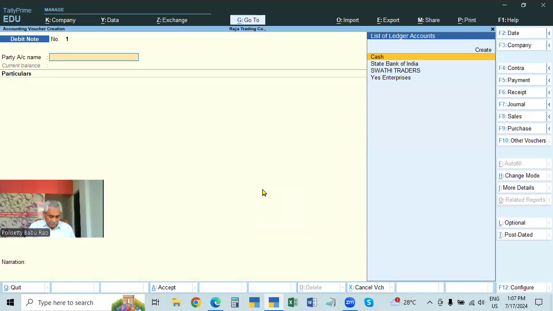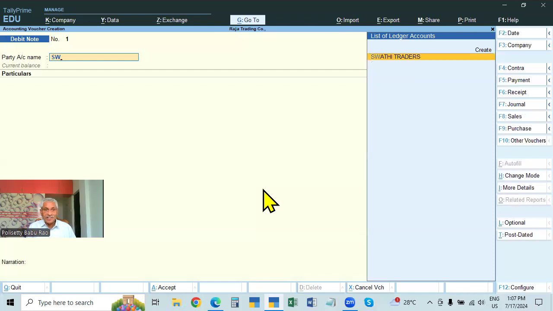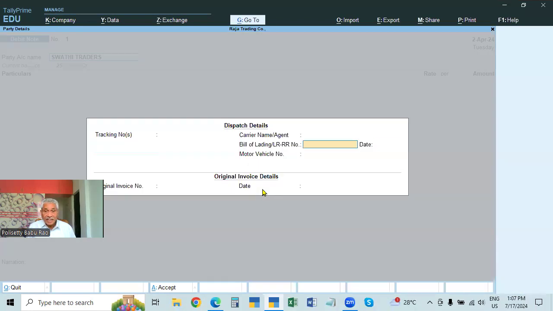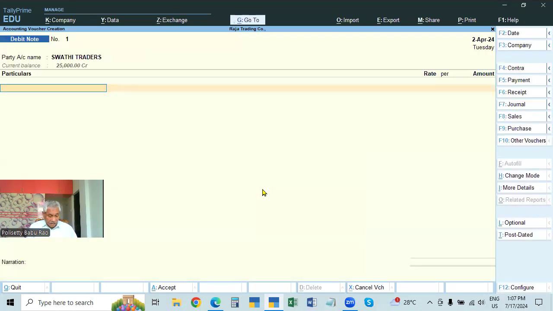So here, debit note. To whom do we return? We return to Swati Traders. The account is already there. Swati Traders, and here, number 1. Date is not second; today's date it will take. So that is purchased on 1/4, and party details. And here it is called as